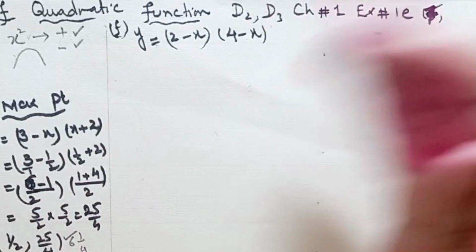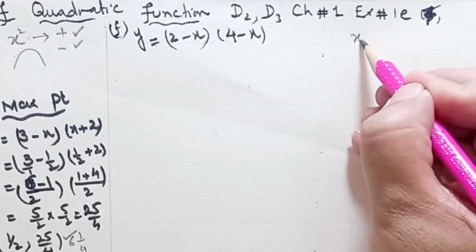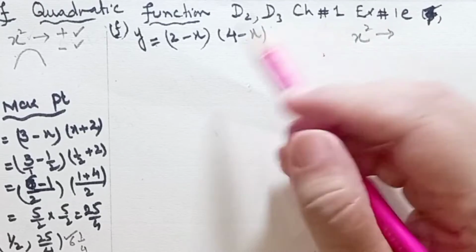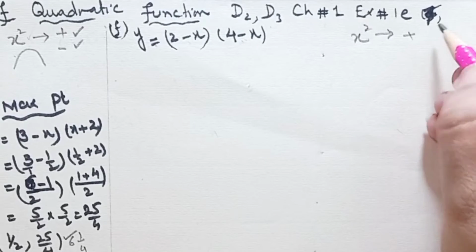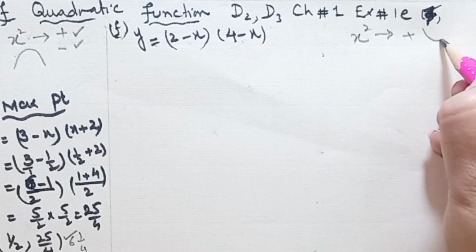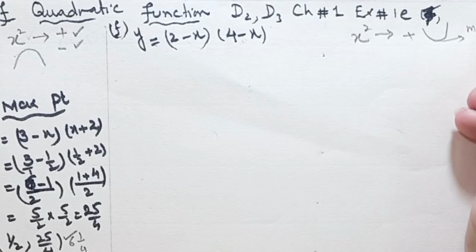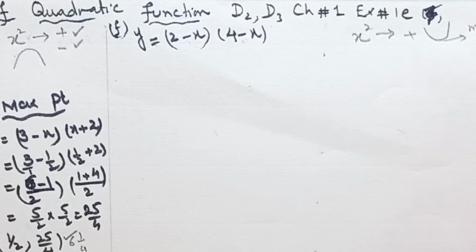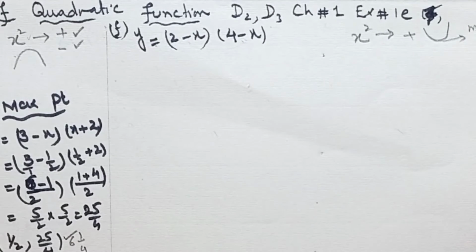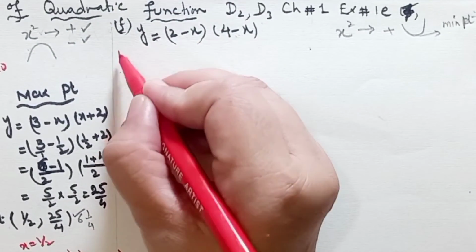Okay, step 1, that we have to identify the coefficient of x square and decide whether that is positive or negative. Minus multiplied by minus is positive, so the curve will have the opening upward and it will have the minimum point. This is your visualization, this is your imagination. So this has to be done in your mind. And now quickly we have to go for the calculation work for x-intercept.